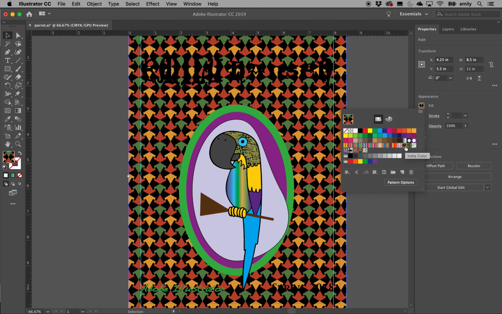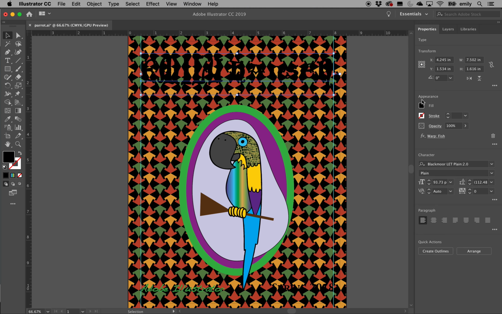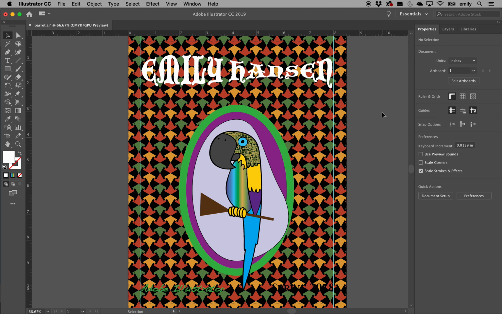There are, like I said, lots of patterns here. This pattern, for example, makes it so that I cannot read the name up top. If you love this pattern, if you have to have this pattern, then you're going to need to go and change your name, which is fine. So I could come back up here and select my name and maybe change that to be white so I can see it.